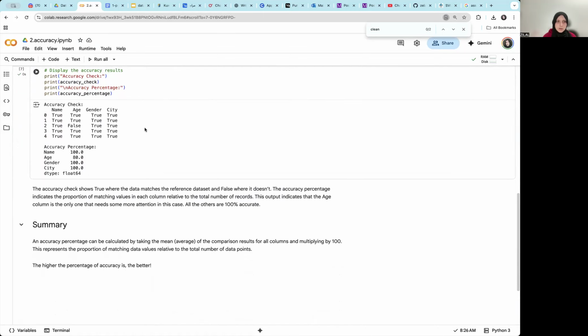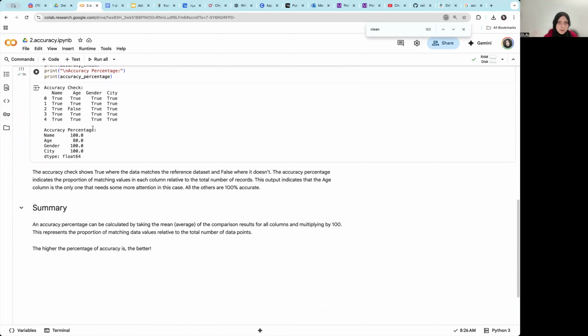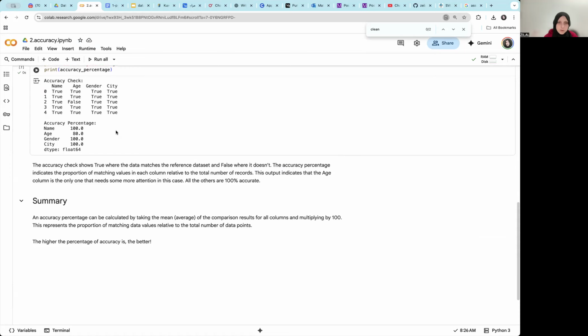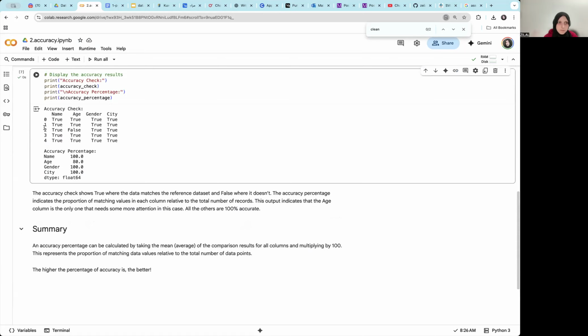The accuracy check shows true where data matches the reference data frame, and false where it doesn't. The accuracy percentage indicates the proportion of matching values in each column relative to the total number of records. This output indicates that the age column is the only one that we need to analyze because its accuracy